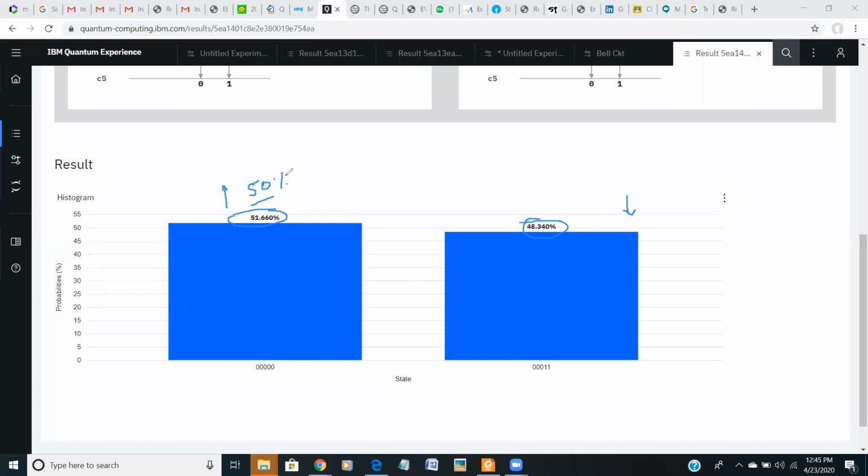If one is larger, then the other must be lesser, because ultimately it is 00, 11. It is coming because of these 3 extra classical bits that are there. So that's why this type of noise is coming in this. Otherwise, theoretically, this one.